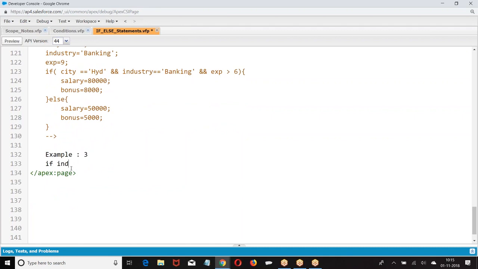If industry is banking, set rating as hot. Write only the snippet logic. Don't create variables. If else, body part.